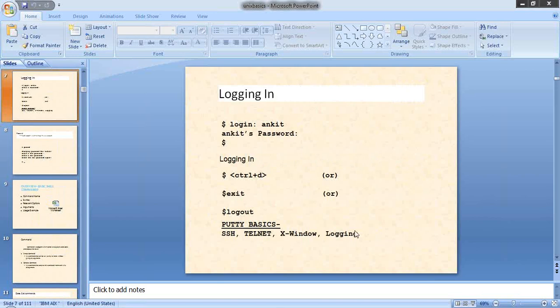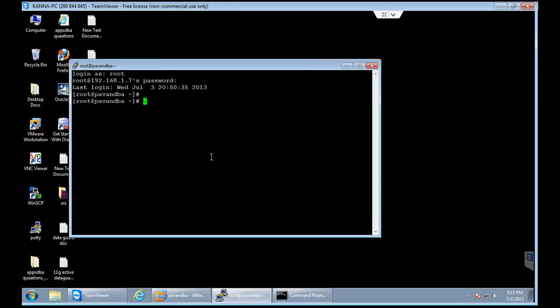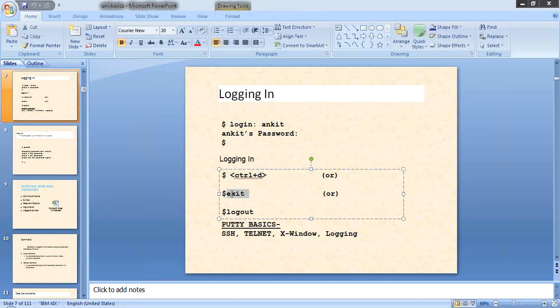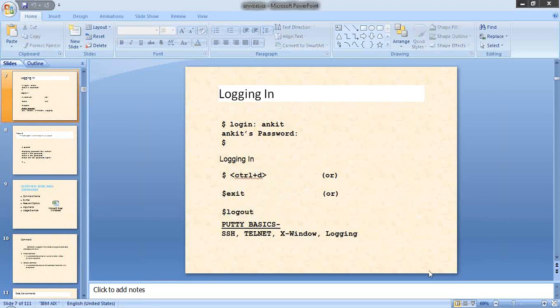As I have already shown you, we log in using this PuTTY session, and to log out you can type the command logout, or you can type the command exit, or you can simply press Control D. The options were given over here, so you can see that. You can use Control D, or you can say exit, or you can even say logout. So there are three options for you.